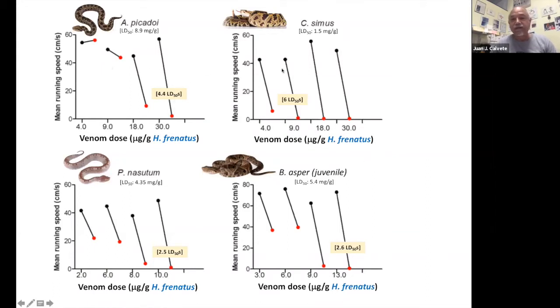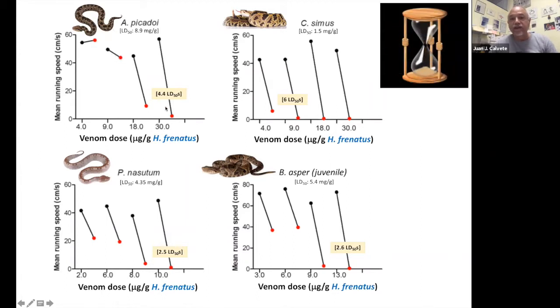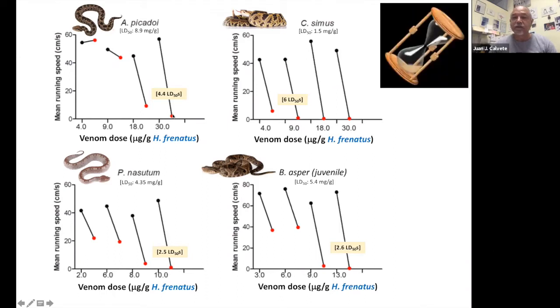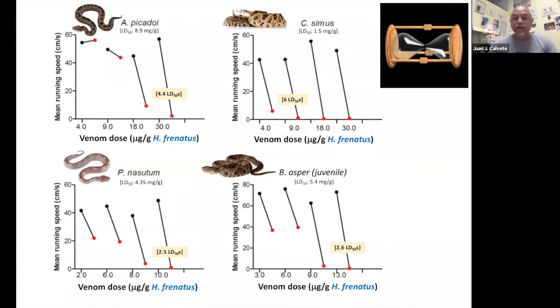Actually, if we see this series of graphics, the main purpose of venom usually is not killing, it's just immobilizing, subjugating the prey by immobilization, so that the snake can handle the prey without the risk of breaking its neck in the struggle. If you immobilize a prey rapidly, you have